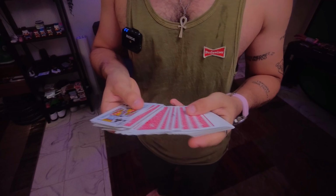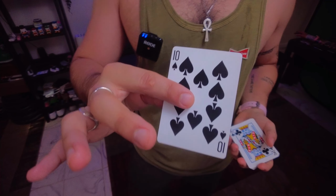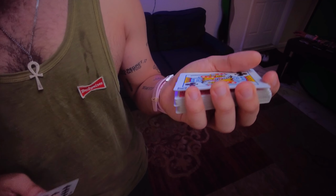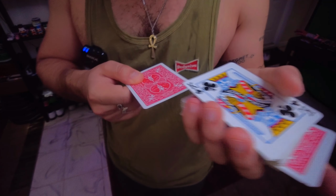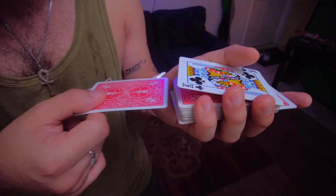So 2 kings or 2 cards that match begin on top of the deck and you're ready to go. You're going to have them select any card they want. In this case, let's say they pick this one. And as they're looking at the card, look what I'm doing. I'm just lifting up on the kings and I'm getting a little pinky break below them. Because in a moment, what I'm going to do is I'm going to show the card and I'm going to simulate placing it in the middle of the deck. Really, I'm only placing it in the little space that I've created between the king and the rest of the